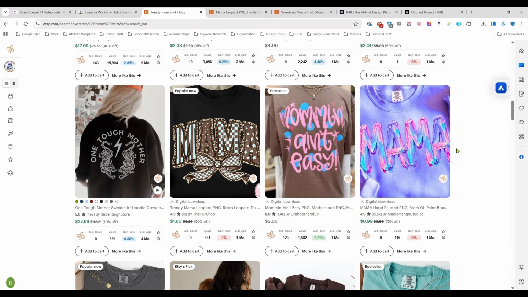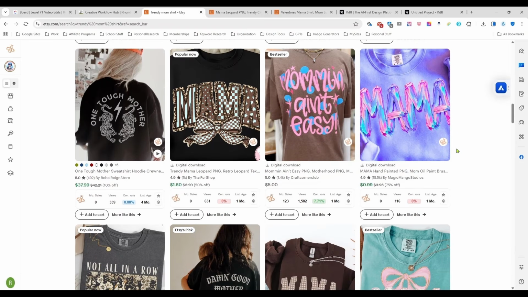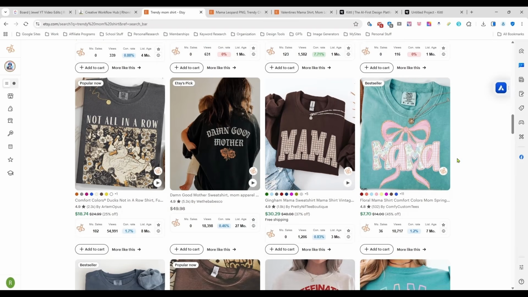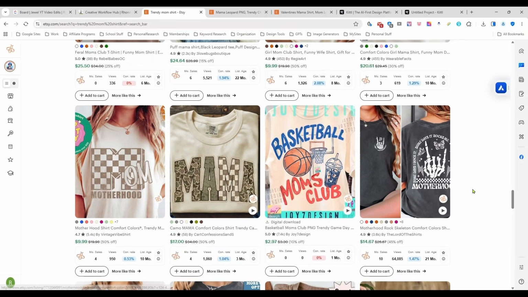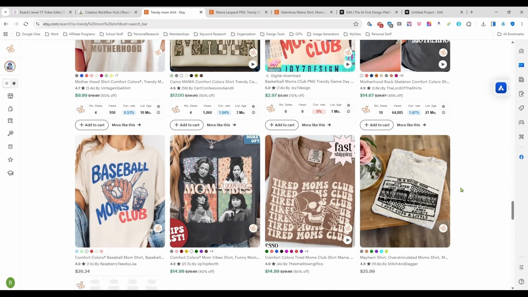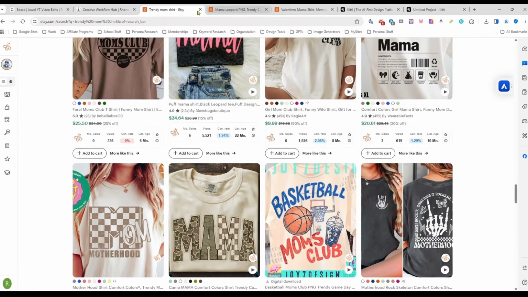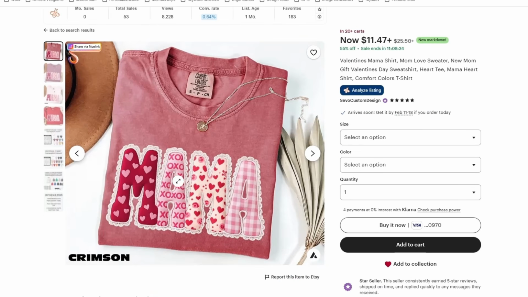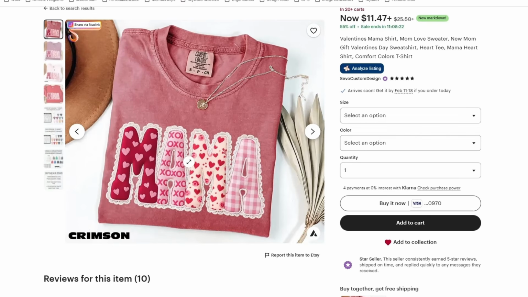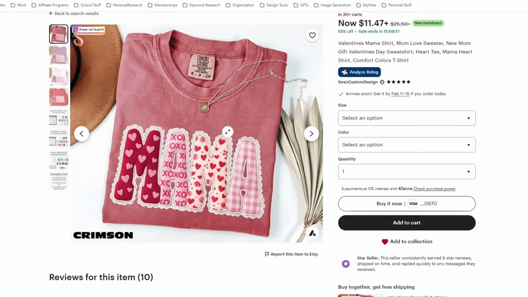We will take some of these and just revamp them into something different. And I think, all right, I am really liking those two we picked, so let's just go with those. So we have the mama with the leopard print in the background, and we have this Valentine's themed mama. So what I'm going to do is I am just going to copy this image